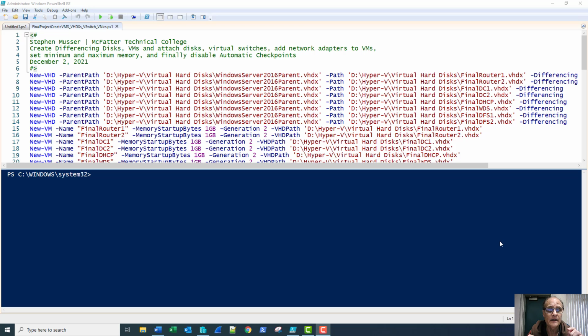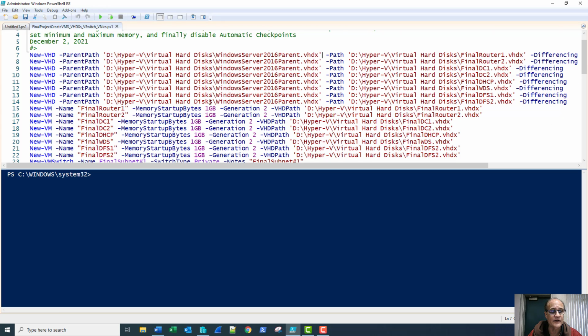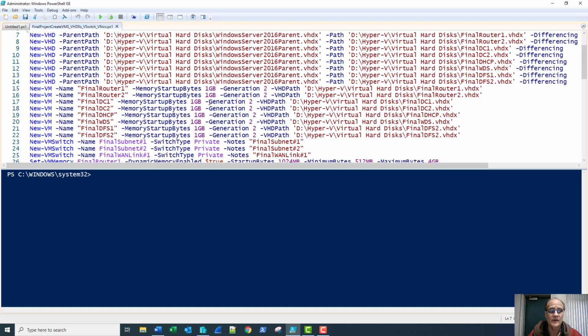Then, to ensure that I don't accidentally make changes to that parent, I navigate in my file system to that VHD that, as you can see on your screen, I labeled Windows Server 2016 parent.vhdx. I right-click on that and I flag it as read-only. This ensures that I'm never going to change it. Remember, this is just a reference. In my script, I create 8 differencing disks that all point to that parent disk. Then I create my new virtual machines with the same